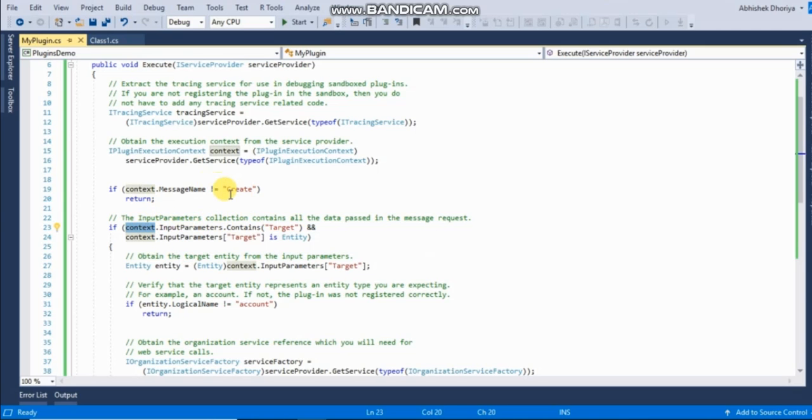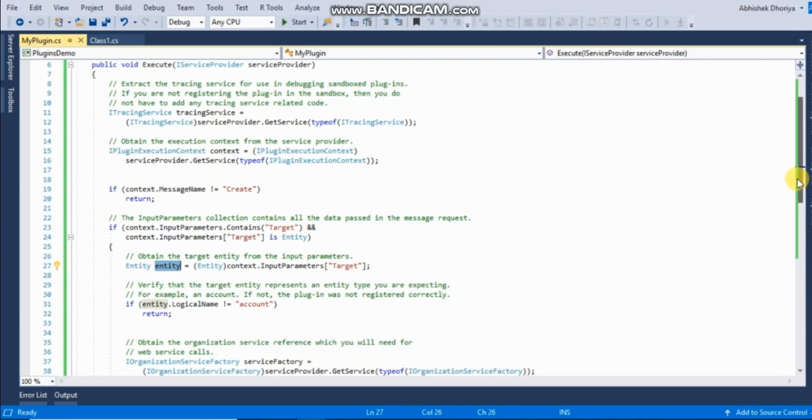Since this is the Create message, you will get the target of type Entity, but in case of the Delete message, you will get the target of type EntityReference. And if both things are satisfied, then the target entity you can retrieve into any particular entity object. So here we are getting the target business entity related information into an object called entity.